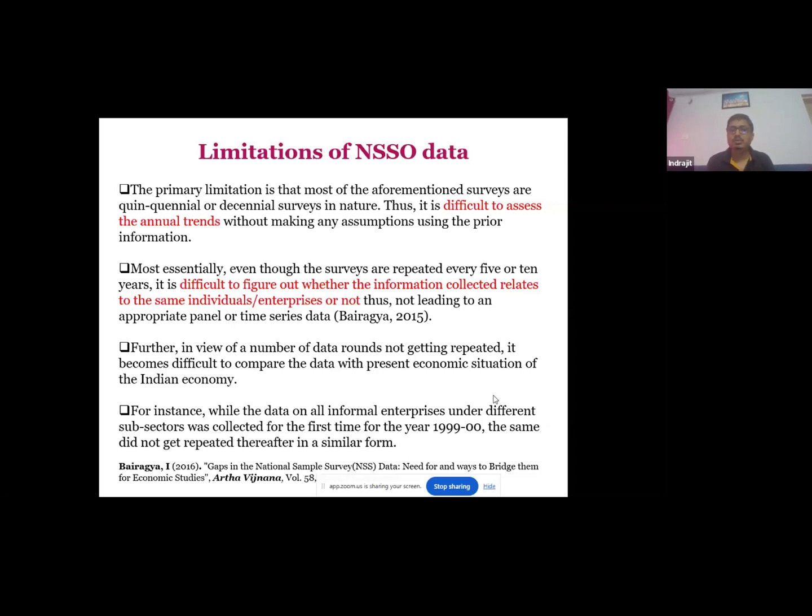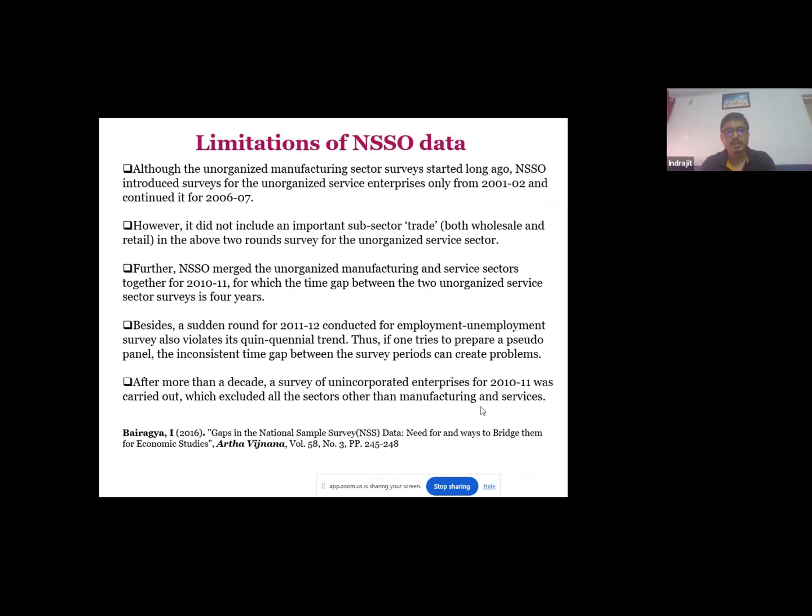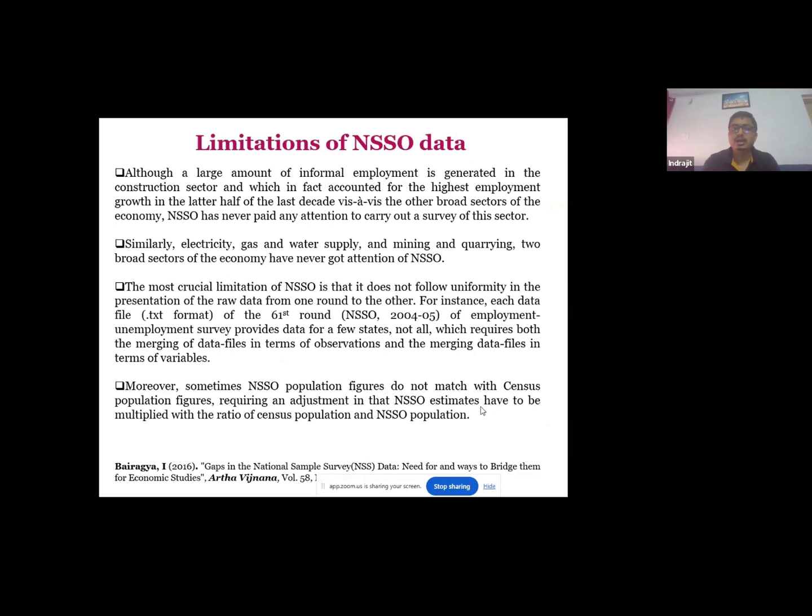But one limitation I would like to mention, which exists till date: although NSSO data is, as I said, quinquennial, available every 5 round, please remember it is not a panel survey. We do not have any information about who the individuals are. We can make differences across individuals for a particular round, but we don't know whether